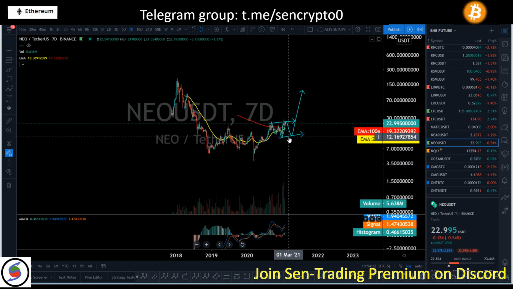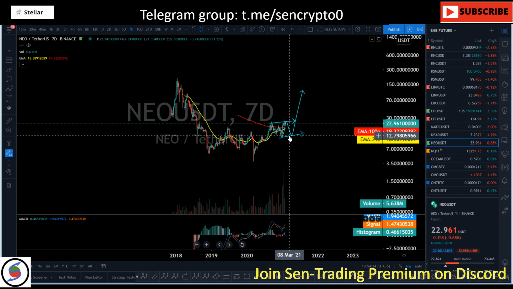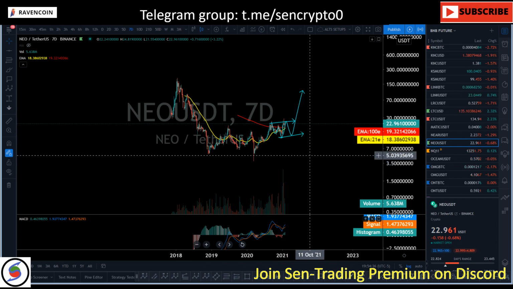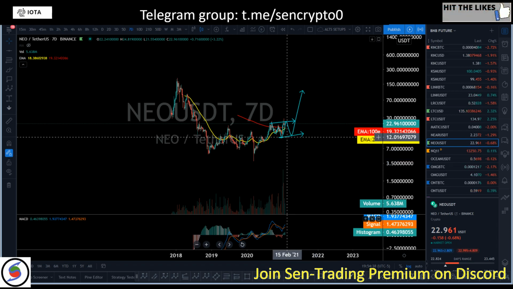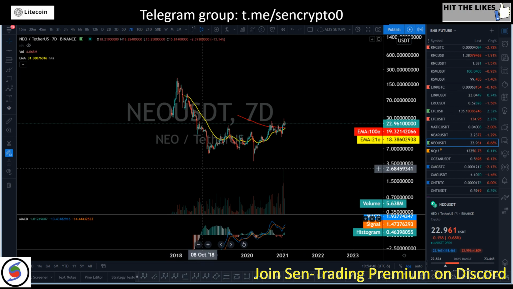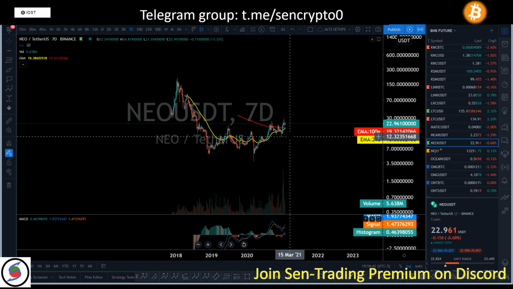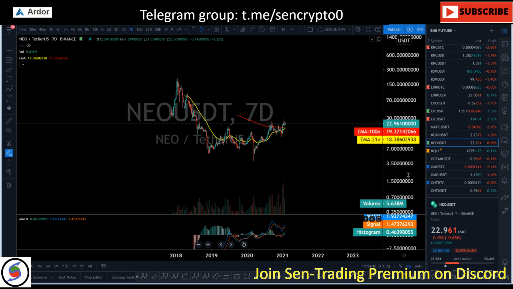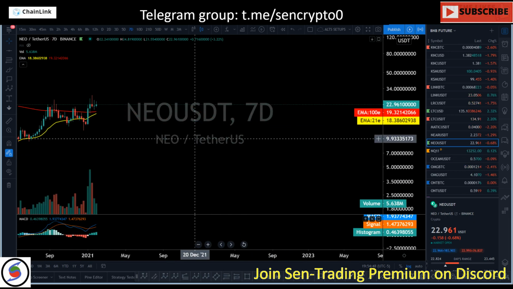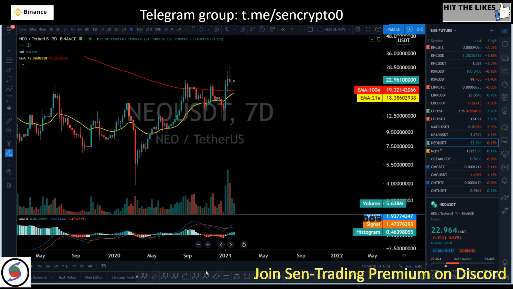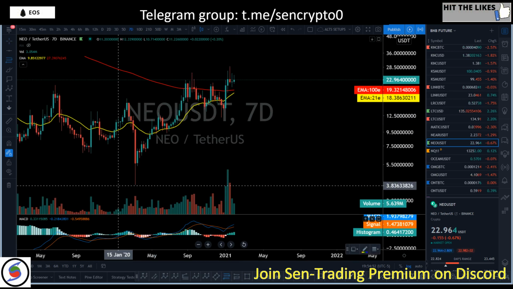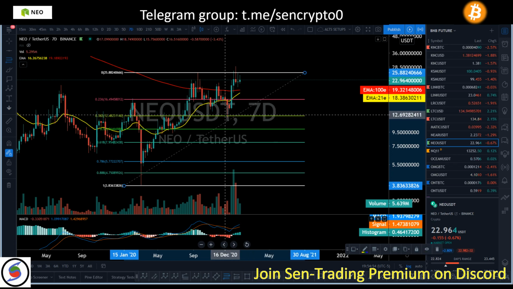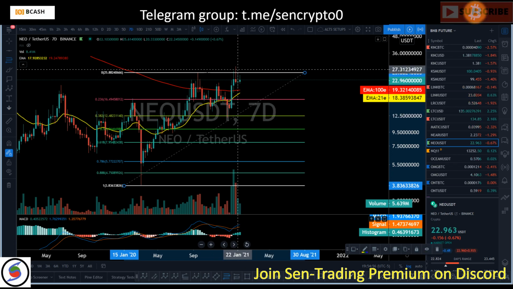The support area to keep an eye on, just in case we get a flash crash, is going to be 12, 13, 14 and 15, which is right here, just about the December 2020 lows. December 2020 lows was like 12.15, and we did call it back then. Back in August, we said NEO could potentially retrace all the way down here. If you take a look at it from swing low to swing high, we called for this move down to the 0.382, and